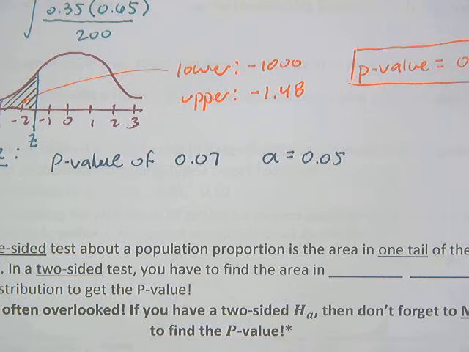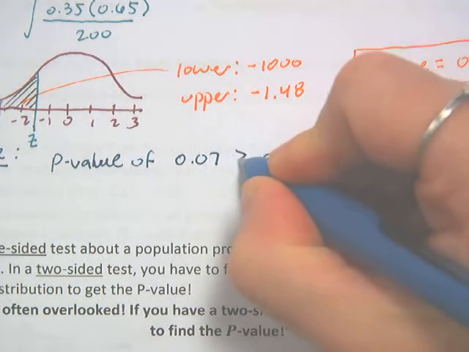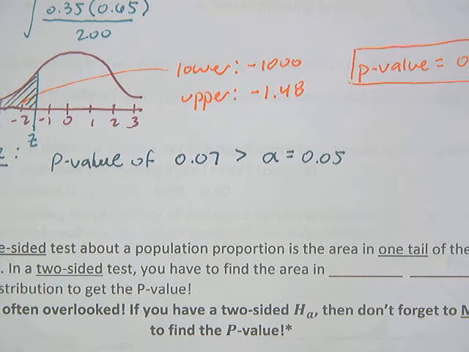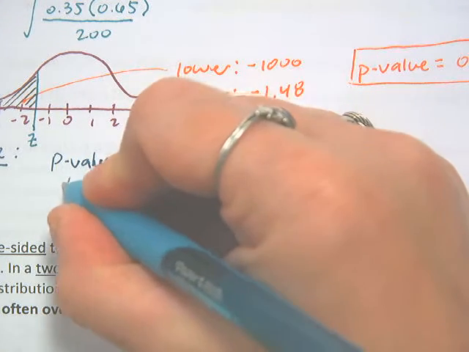And the alpha that they gave me was 0.05. So the p-value is greater than alpha. There is not convincing evidence